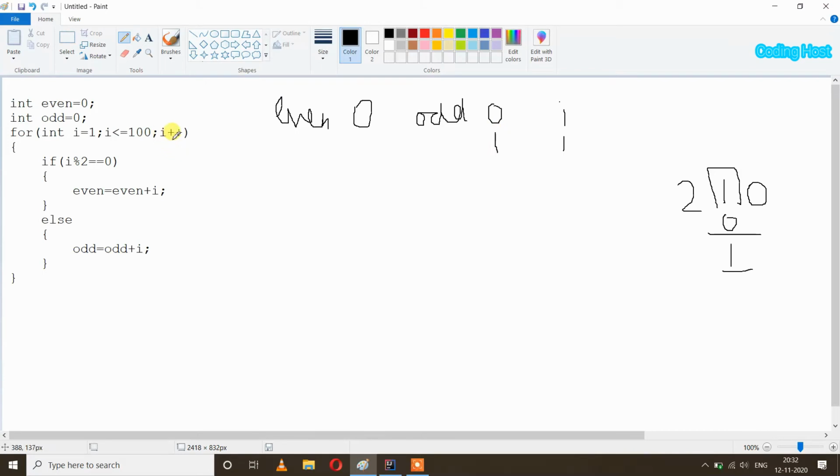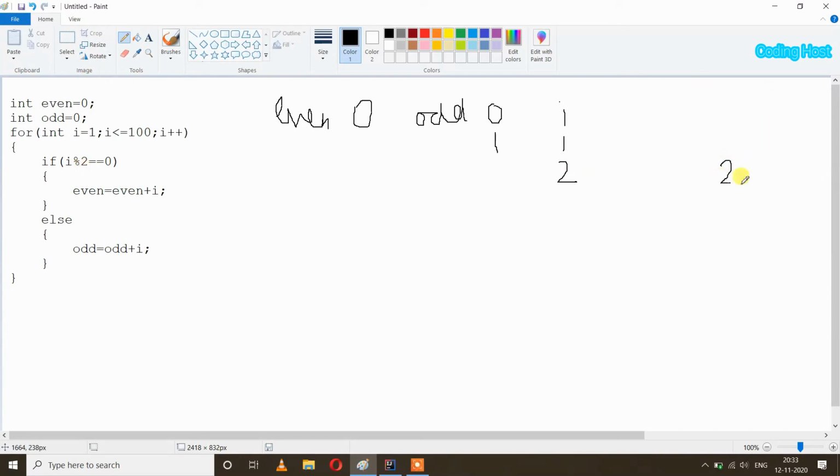After that i plus plus, so now i will become 2. After that we again check that i is less than equal to 100, so 2 is less than equal to 100, so our condition is true and we get inside our loop. And here it will again check if i modulus 2 equal to 0. Here we will divide i with 2 and check if the remainder is equal to 0 or not.